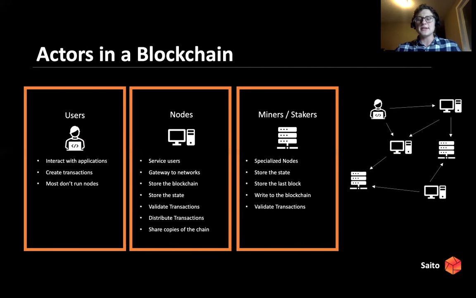And while they are sharing these transactions, they validate the transactions too. The idea is that if I were to send an invalid transaction to a node, then that node would realize it's invalid and shoot it down before it shares it with any of the other participants. An example of an invalid transaction would be if I were to spend money that I don't have.